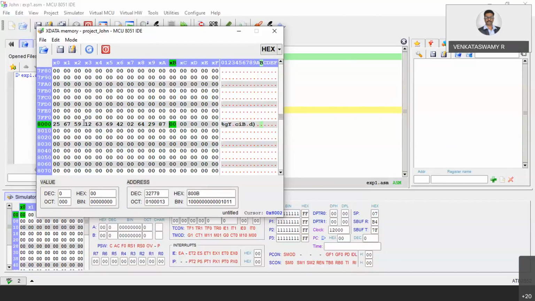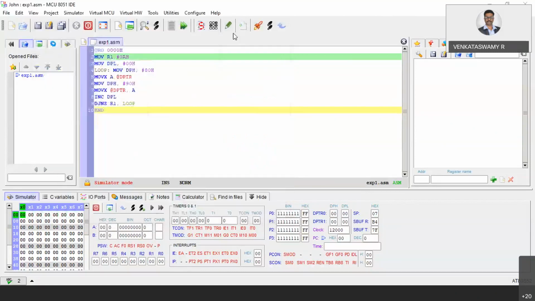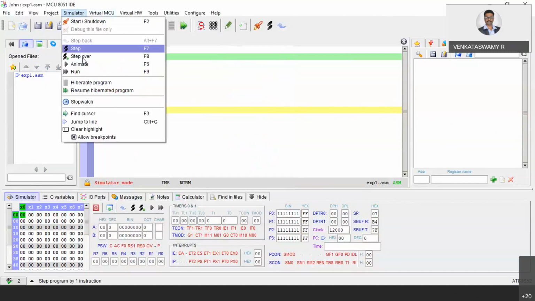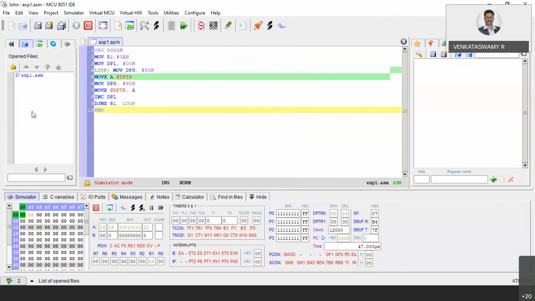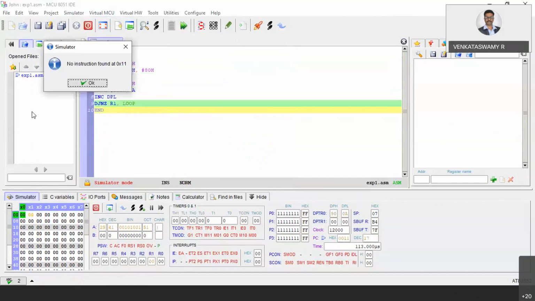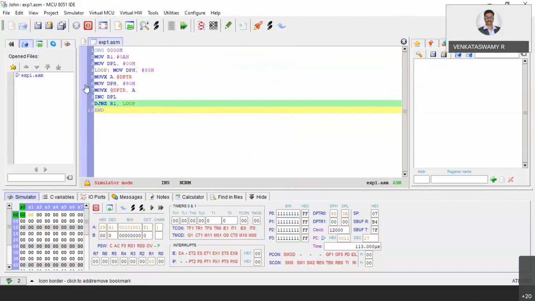Yeah, that's sufficient. Now go to simulator and animate. Okay, so it is running. Yeah, all 10 elements done. Then go to memory. There only.